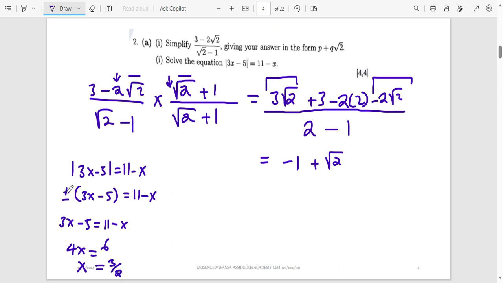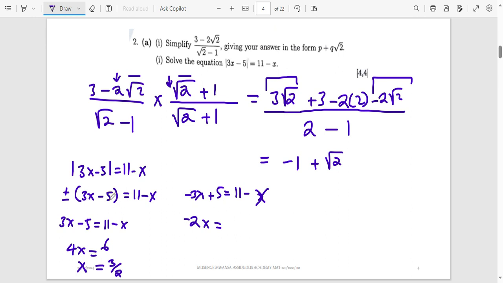I took the positive part and then I'll take the negative. So negative times 3x, that will be negative 3x. Negative times 5, that will be positive 5. And that will be equal to 11 minus x. Still take the x the other side, it becomes negative 3 plus x. That will be negative 2x. Take 5 the other side, 11 minus 5. That is going to be,